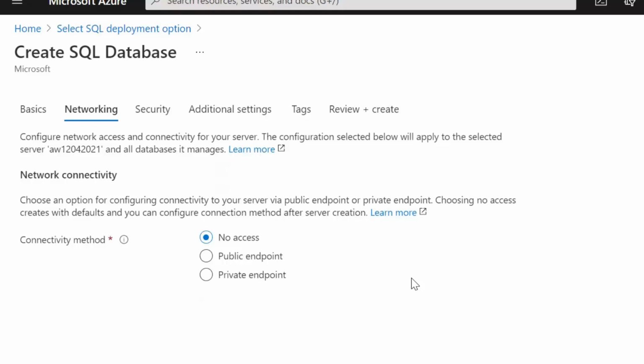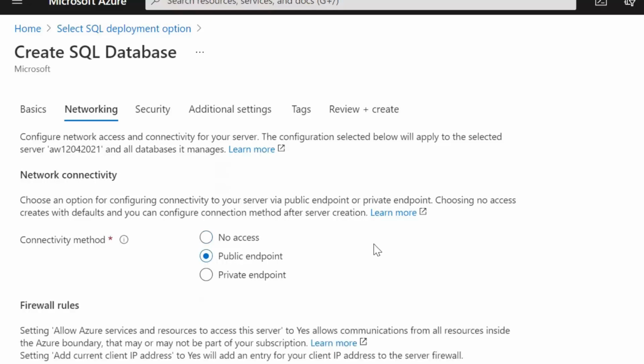So the first option is, would we like to configure it via a public or private endpoint? Private endpoint is where we're actually bringing the database into our network, or a public endpoint is somewhere that's accessible from different networks such as the internet. So I'm going to set the connectivity method to a public endpoint,